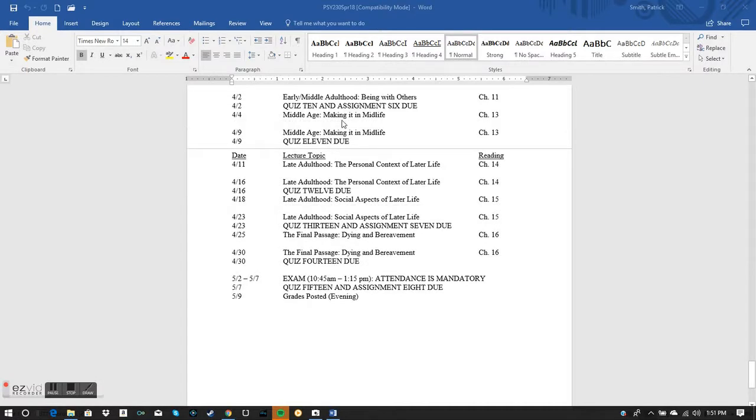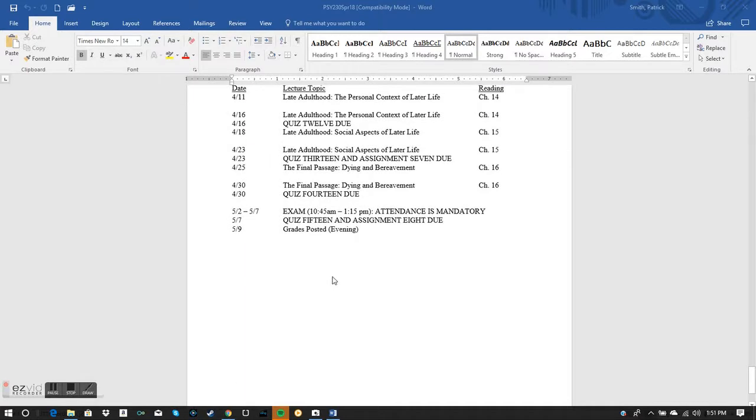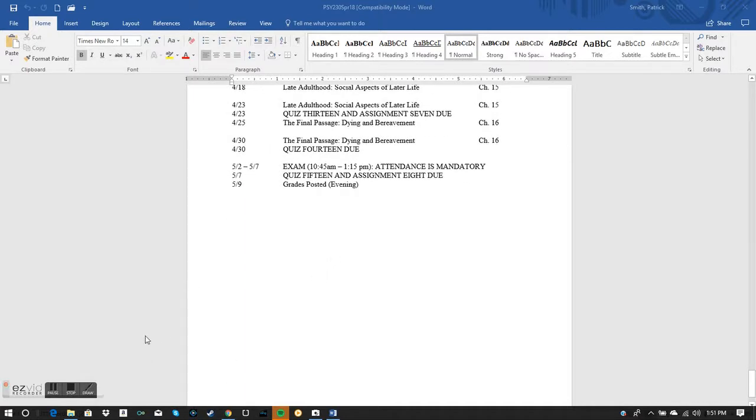Okay, so you're looking at 2 days per class. As you can see, there is a missing chapter. That means we're not going to be covering that chapter. You'll also see there that you have a quiz due about every week, and that quiz is on the chapter, and you'll have a week after we finish discussing that chapter to do the quiz. So if you read and you have any questions,